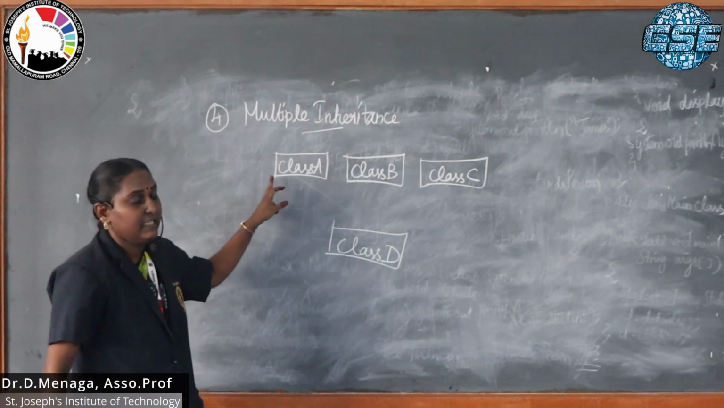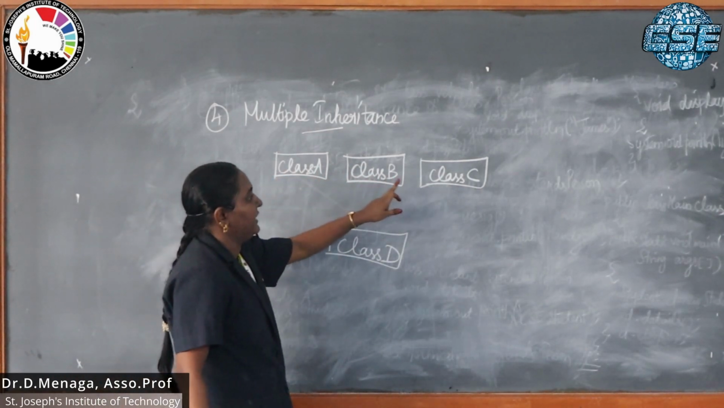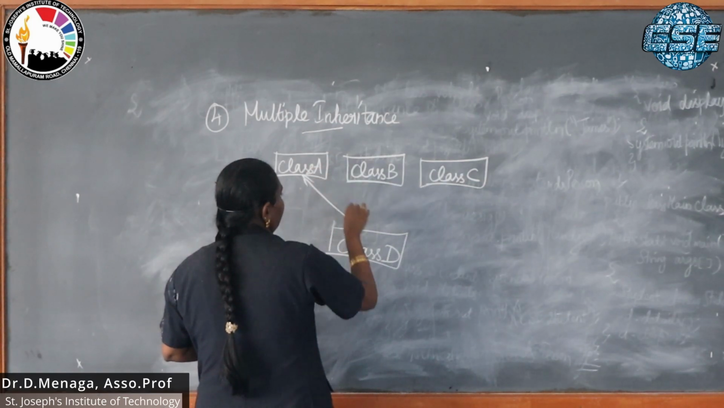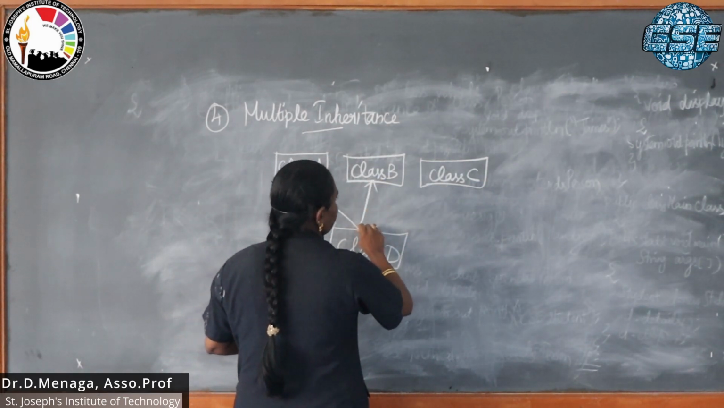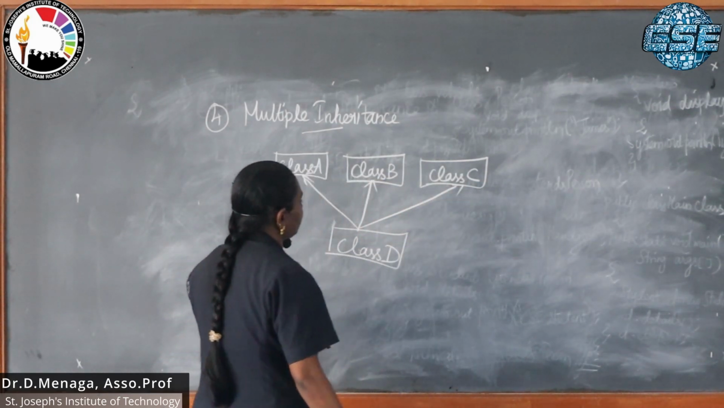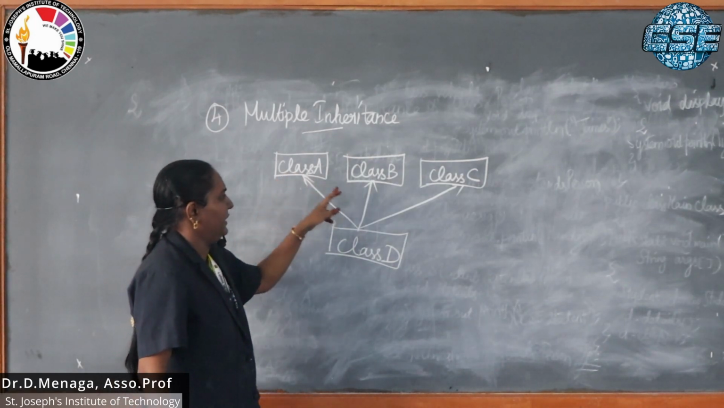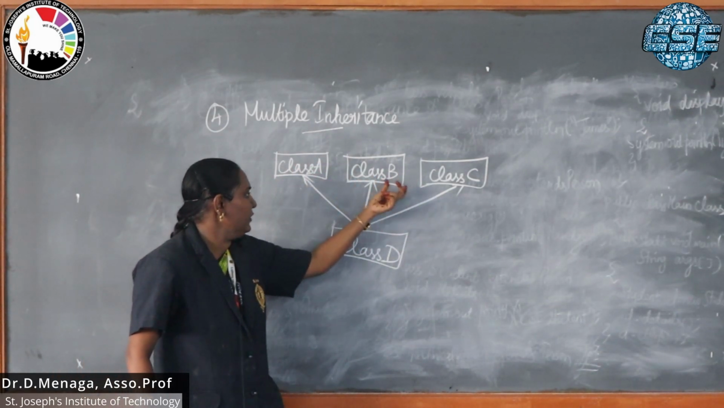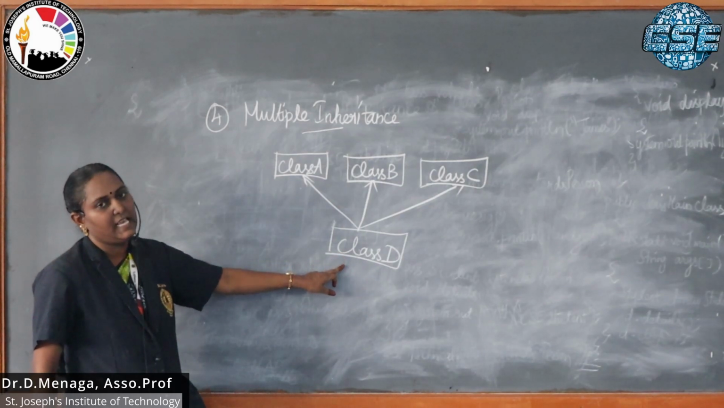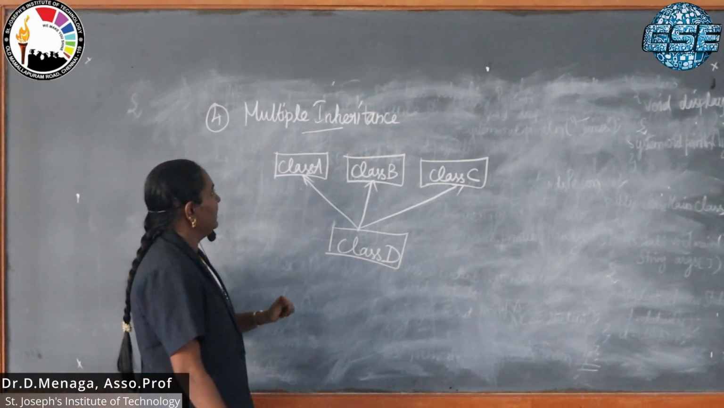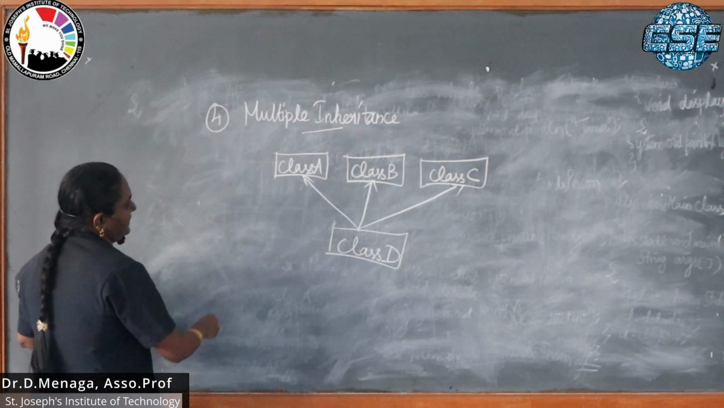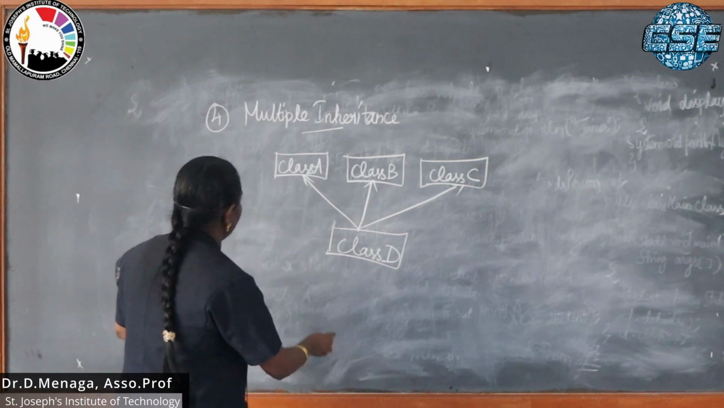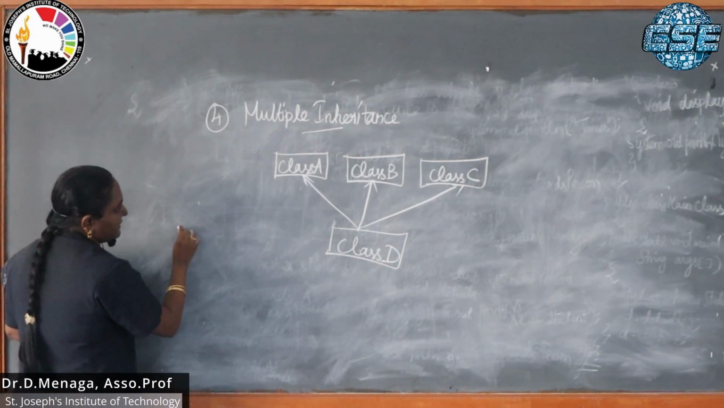So I have three base classes here, class A, class B and class C. From derived class D I am going to inherit the properties and methods of these three base classes, class A, B and C is going to be inherited by this class D. So let us see why it is not supported in Java. So this can be represented in programming wise. The syntax can be